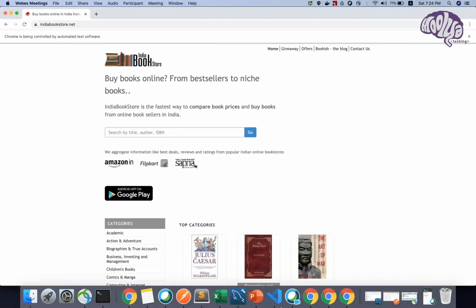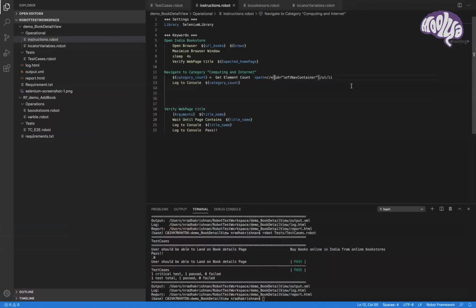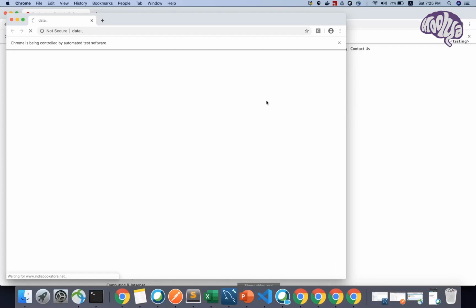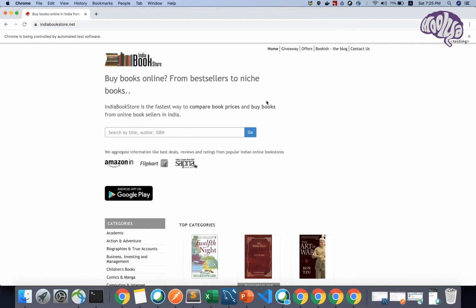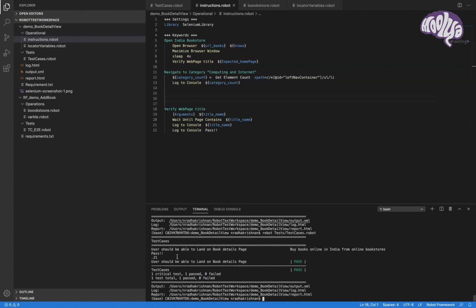I finally got my mistake. Before a tag, I need to mention a double slash. We need a separate class for this, to be honest. So this time I'm pretty sure I'm expecting the category list. Please give me a number other than 0. Yes, 21. So my total category list is 21. Let's create a for loop.